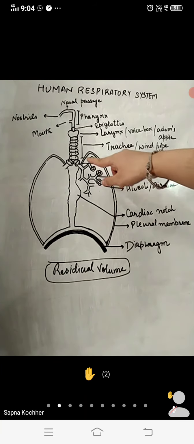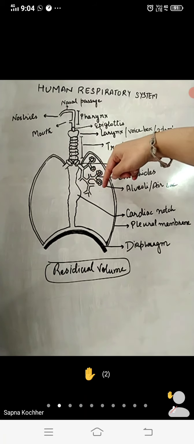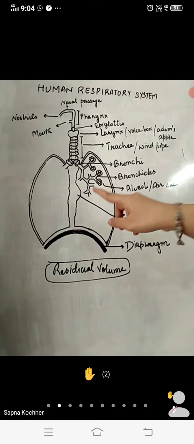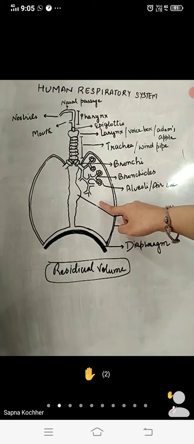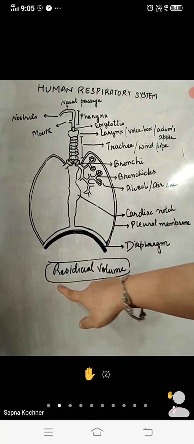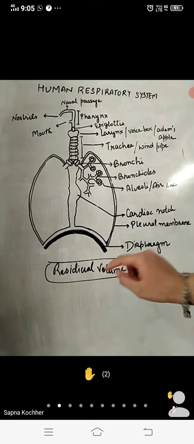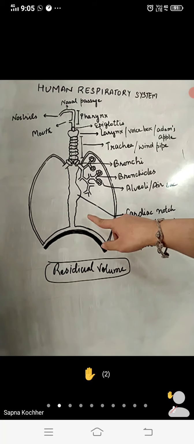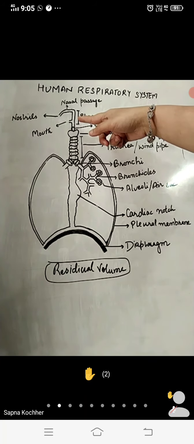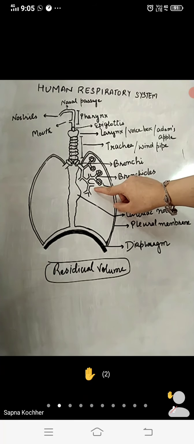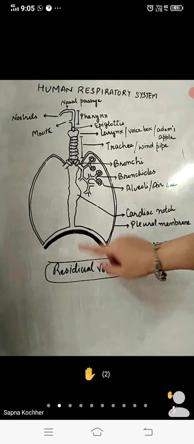Now here comes when you have to give out all the gas out of the lungs, that is carbon dioxide. Whether all the air empties out from the lungs, or there remains a small amount of air within. Yes, there remains a small amount within. That is what is called residual volume. So what is residual volume? It is the amount of air which is left within the lungs after exhalation. When exhalation is done, all the gas is thrown out, but there is a small amount of air which is left within. That is called residual volume.